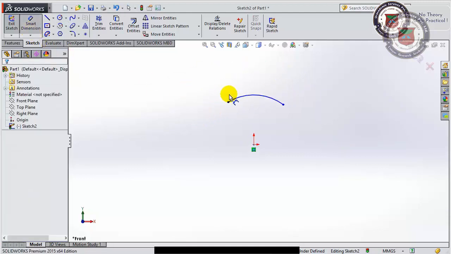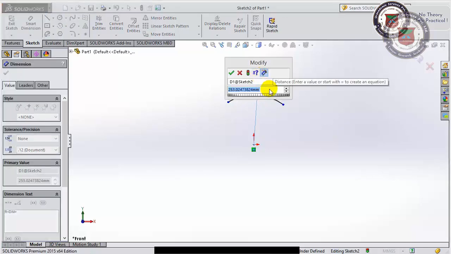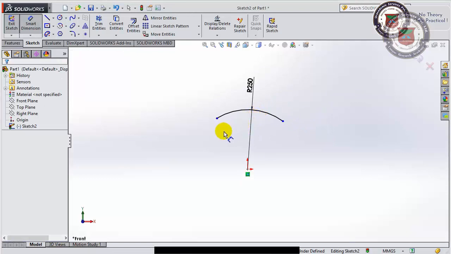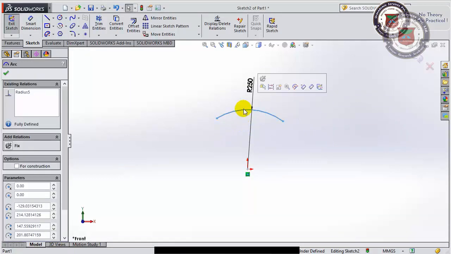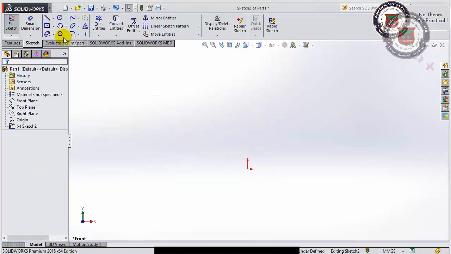So now I can also provide the radius for the arc, because I'm making it 250. This was center point arc.